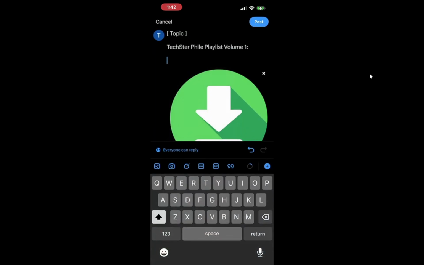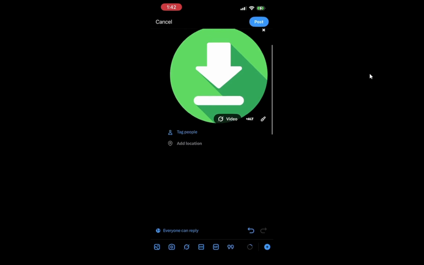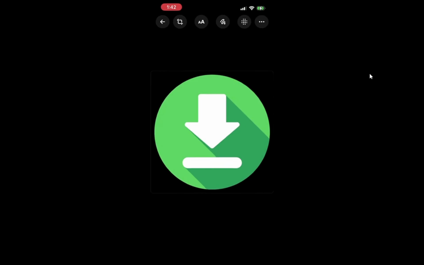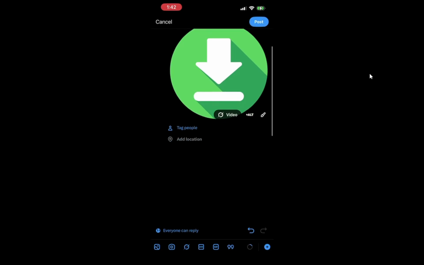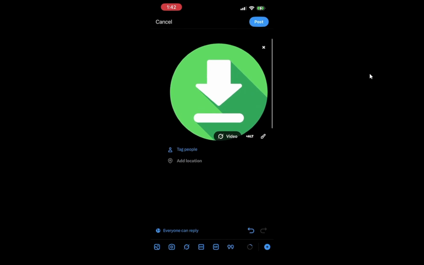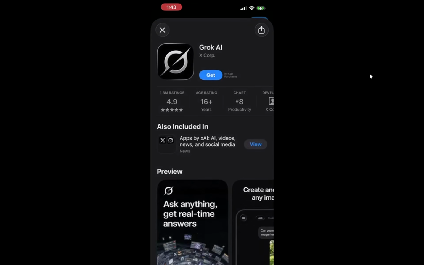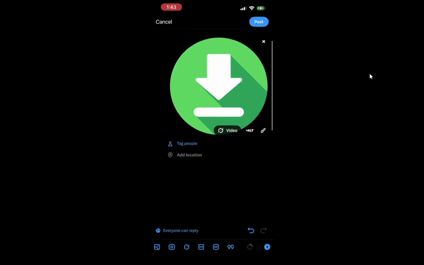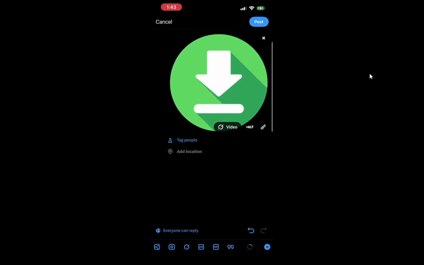Now, let's enhance your post by adding any visual elements. You can include photos, a GIF, video, or other available media if needed. Visuals can significantly increase engagement with your post. They make your content more appealing and help convey your message more effectively. Adding media is straightforward. Just click on the appropriate icon in the composer and follow the prompts to select your files. Once you've added your visuals, you're almost ready to share your work with the world.